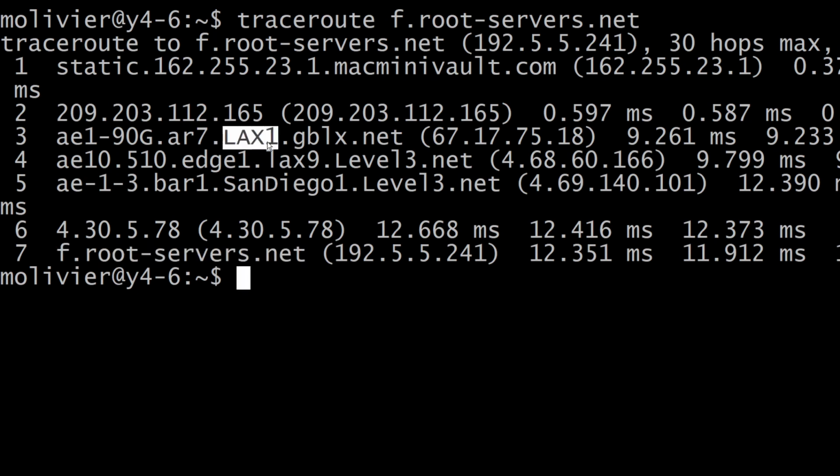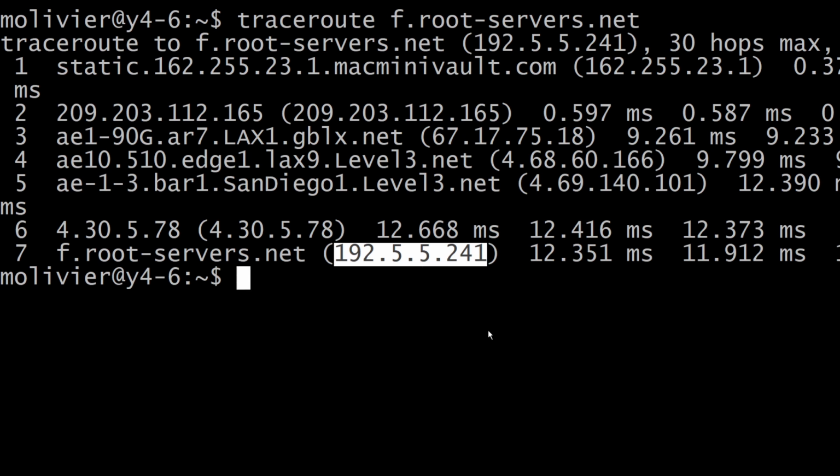There you can see that we are talking to something that is apparently in Los Angeles. And there we are talking to something that is apparently in San Diego. Node number 6 unfortunately doesn't give us any indication of where it is. But then we get to that particular address, which you can compare to the previous address.